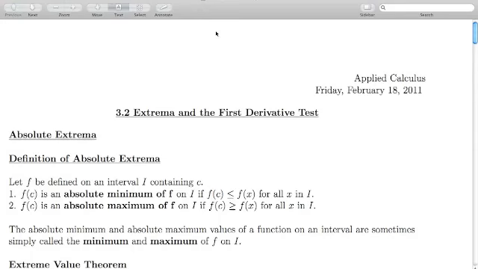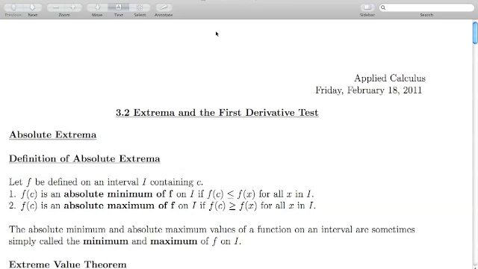Alright, hello. Last class we talked about extrema and finding critical points when f prime is 0 or f prime is undefined. And then we also evaluated the left and right side of our critical points and discussed whether it was a local minimum or a local maximum. So we're going to continue discussion of 3.3